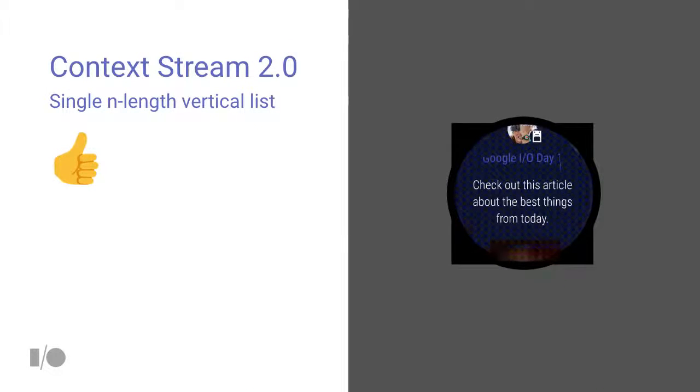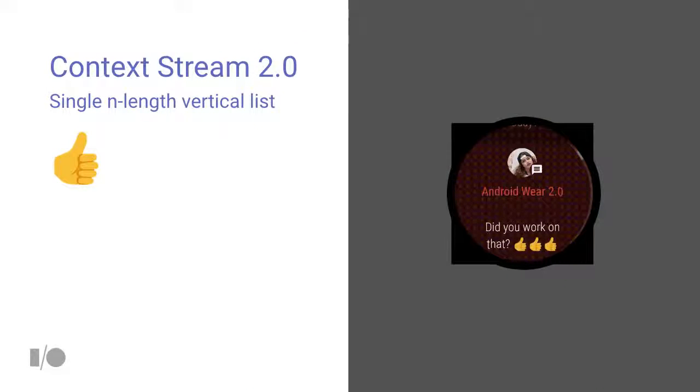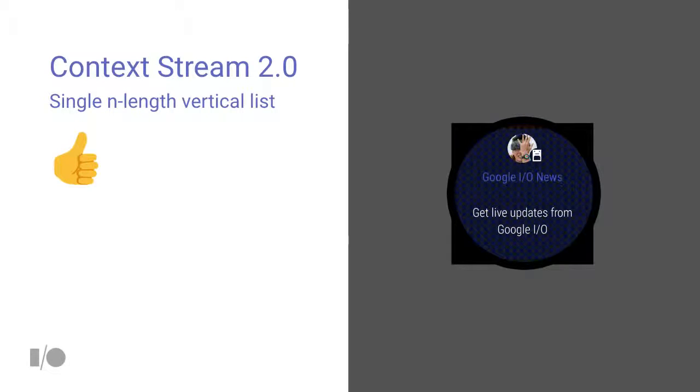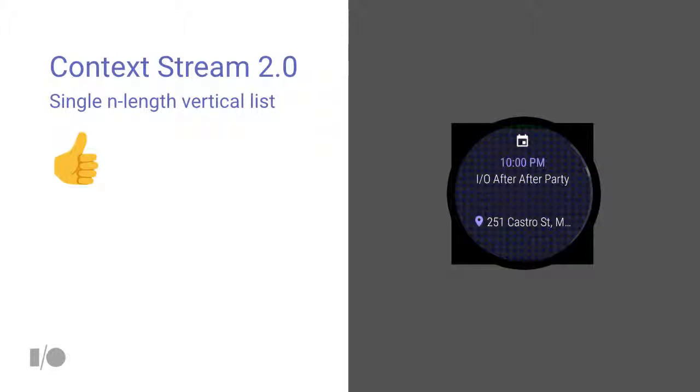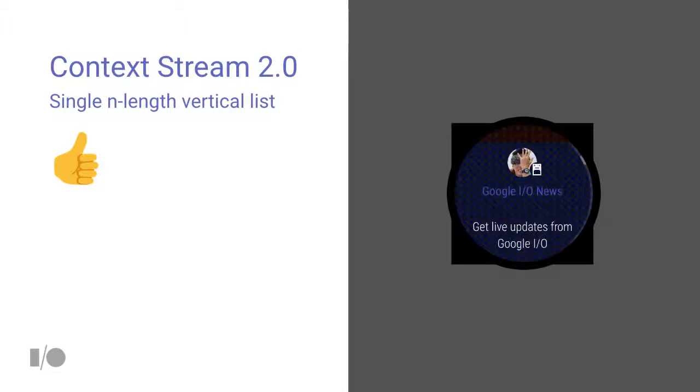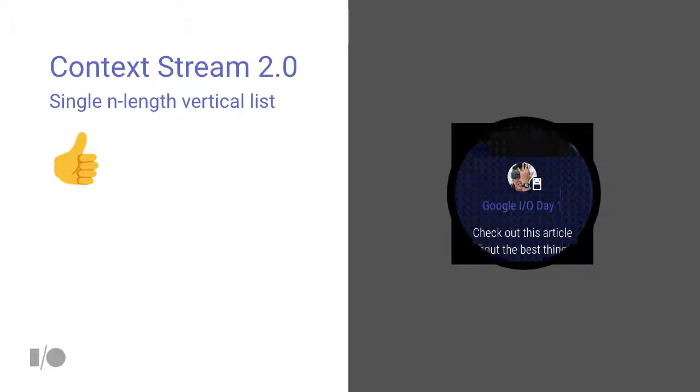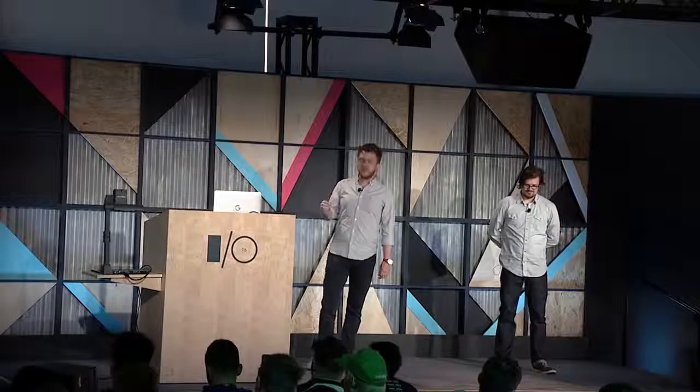On the other hand, the context stream in Android Wear 2.0 is pretty simple to navigate. Like in 1X, the stream is ostensibly a single n-length list of notifications. Unlike in 1X, that's it. Simple, easy, no pathfinding. Also, just a quick note, we fixed one of the things that bugged me the most